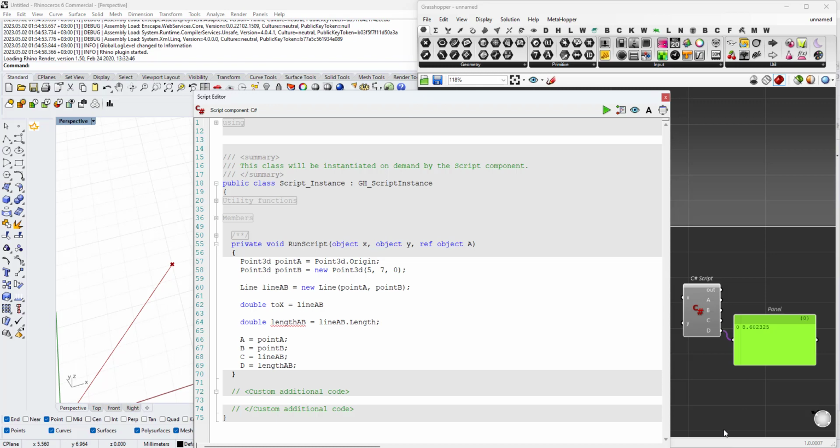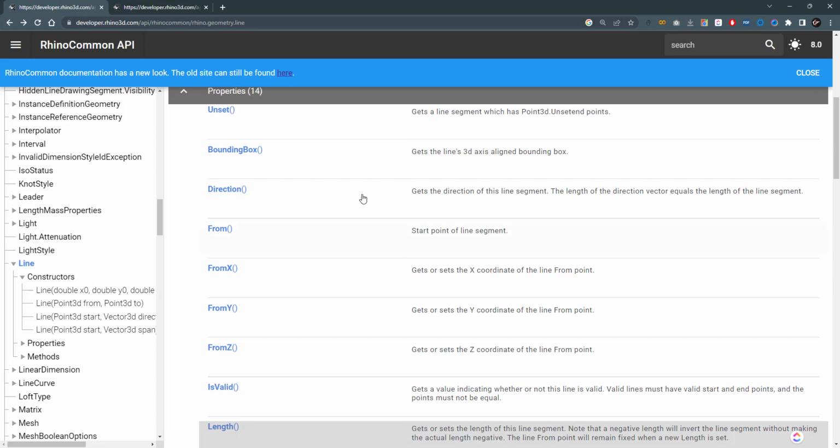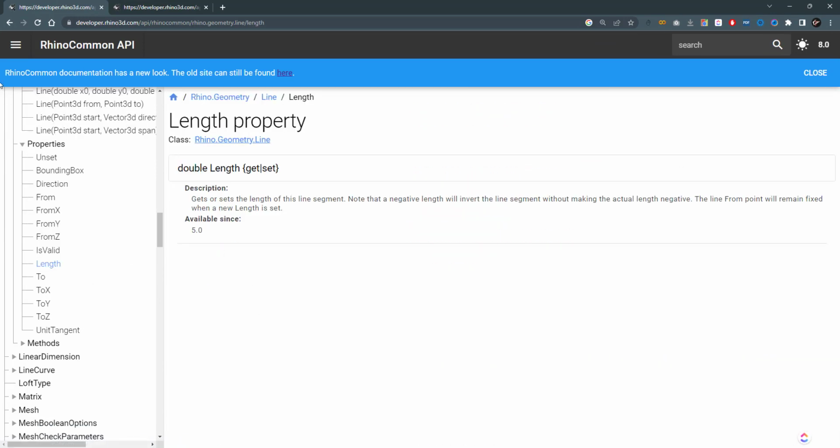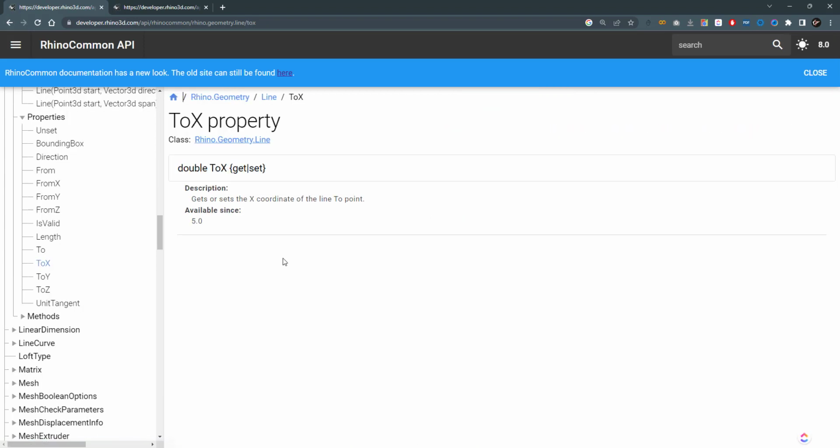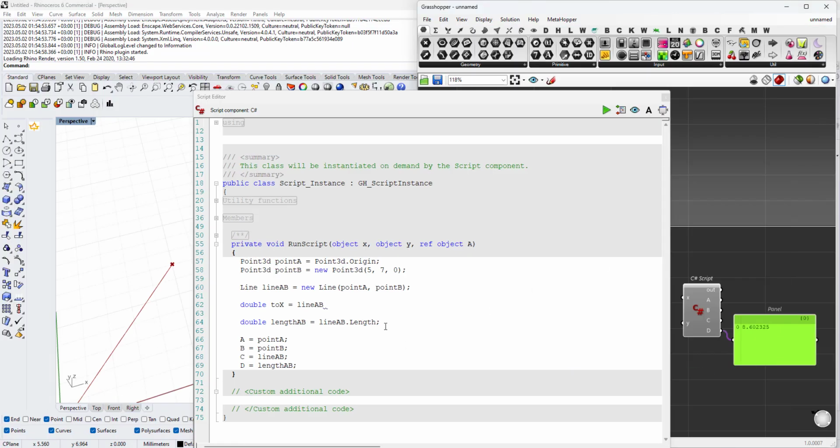And if you don't know whether you have to write the line AB, the object's name, or the struct's name, all you have to do is go back and open the property, which is 2x, and if you don't find the static keyword, you'll need to use the object's name. So here we'll say line AB dot 2x,